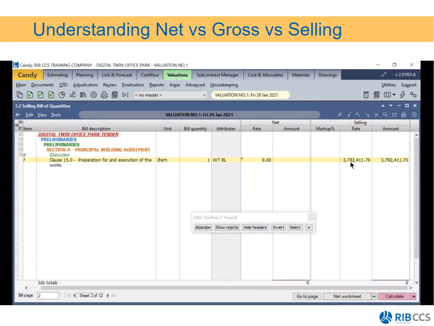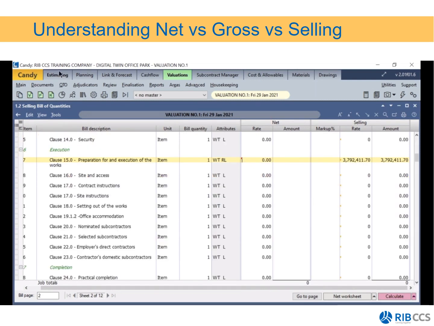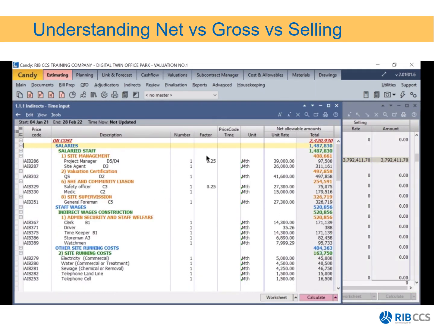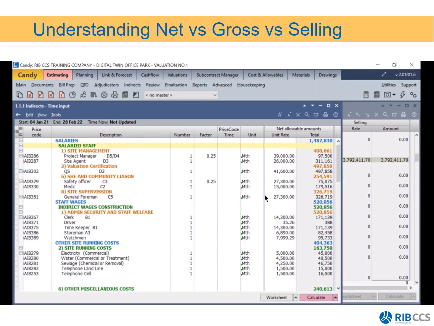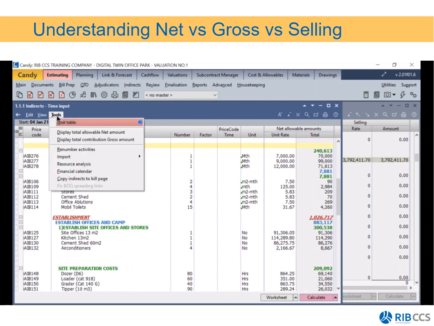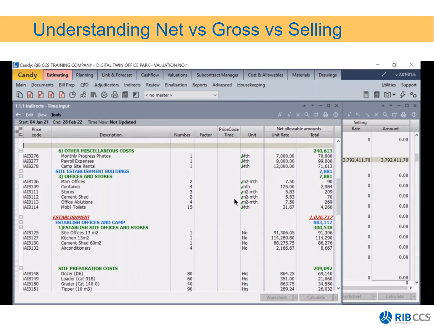The selling rate will still be there, which means that I can claim against this item, against that selling rate to my client, but the allowable will now be cleared. And I'm going to explain to you why in a little bit. So I'm going to abandon this filter. I'm going to go to estimating and open my indirects bill. And there is then the indirects bill that the estimator used to price that item that I just cleared the worksheet for. So what I'll do is I'll click on tools, copy indirects to bill page, confirm yes, click on